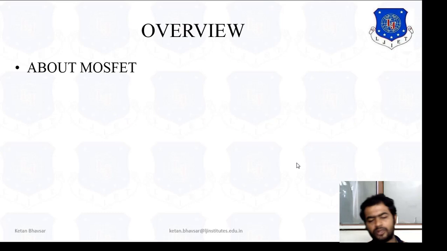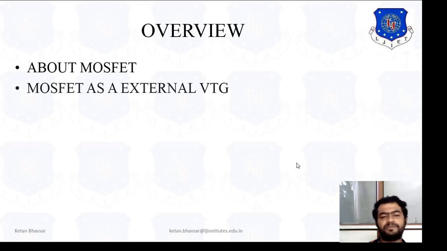Now chapter number 3, all the theoretical part is covered now. Only the sums remain, which we will do in the next semester, or in the next session. And an overview about MOSFET. In this chapter we talked about what exactly the MOSFET is and the structure of the MOSFET. After the structure we studied the different types of physical and voltage parameters in terms of L, W, XJ, TOX. Also we studied VDD, VDS, VGS, VTO.